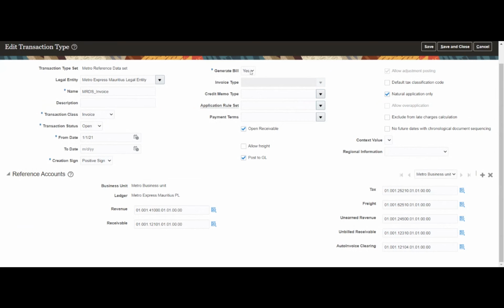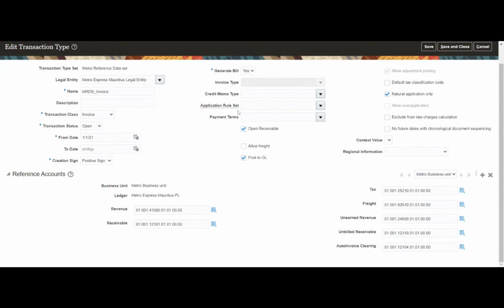Generate bill is basically to print this particular invoice. So we have an option to print the invoices. If we want to customize that part, that is also possible, such as adding logos and changing the formats. All those things we can do. Probably we will see it when we do a transaction. This is the option where we specify whether I want to generate that output, the invoice copy, or not.